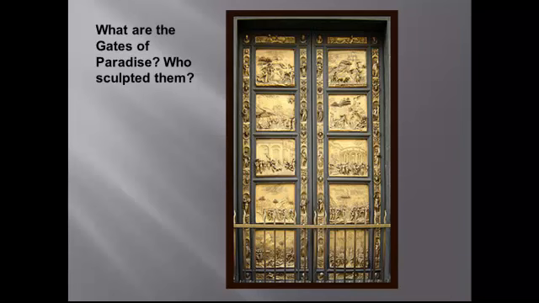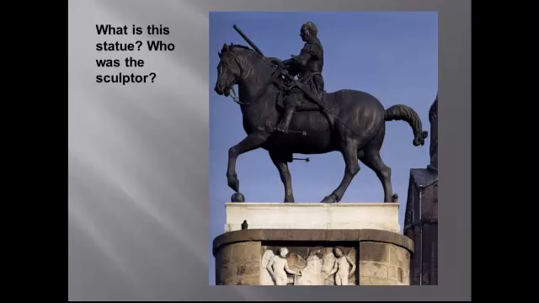So careful here, there is more than one set of famous doors in this unit. It's quite easy to tell them apart. The gates of paradise are gilded. And to make your life easier, both sets from this unit are produced by the same competition-winning sculptor. Okay, careful here. There are two famous equestrian statues from the early Renaissance by two different famous and rather competitive sculptors. One sculptor, not this one, managed to figure out how to raise a horse's hoof into the air. And as I said, this sculptor couldn't do it. You should know them both, okay? Either one of them could appear on the test.